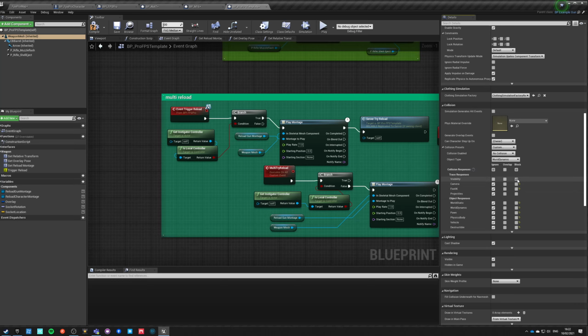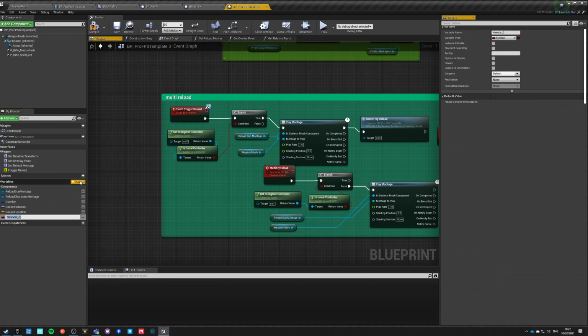It should probably block visibility at this point. And it should block WorldStatic, WorldDynamic, cannot block pawn or it will be kicked by us and pushed forward. Physics bodies, why not? Vehicles, definitely not. And destructibles, yeah, probably yes. So we set it up like this, but we still have collision enabled, no collision.